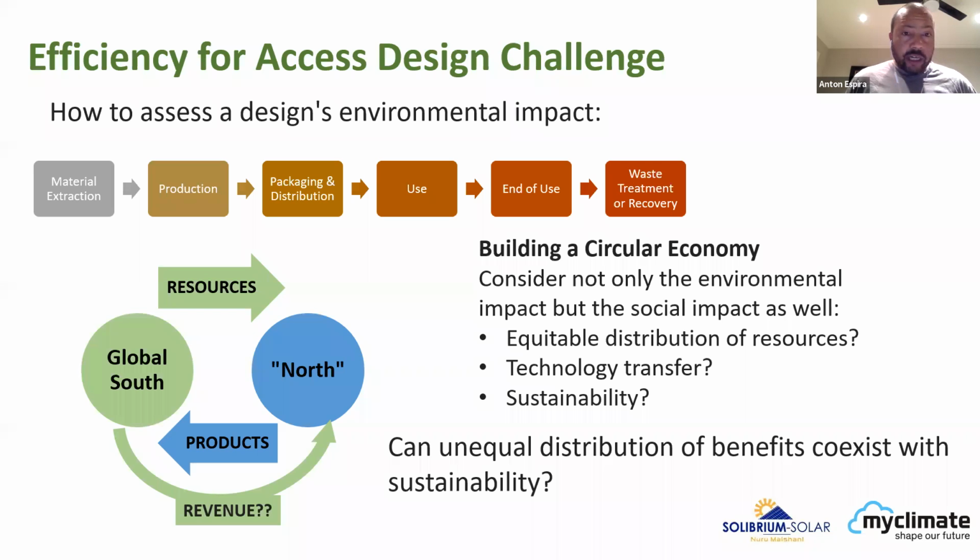The last one I'd like to touch on is development. And this is again something that has been touched on briefly. For a sustainable product, it needs to have a lot of local materials. It needs to have a lot of local innovations included as well. Kenya is an example. Kenya manufactures solar panels, but almost none of the solar systems sold in Kenya use locally manufactured Kenyan solar panels. That shouldn't be the case.